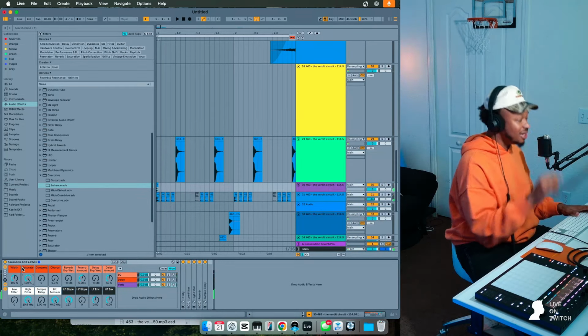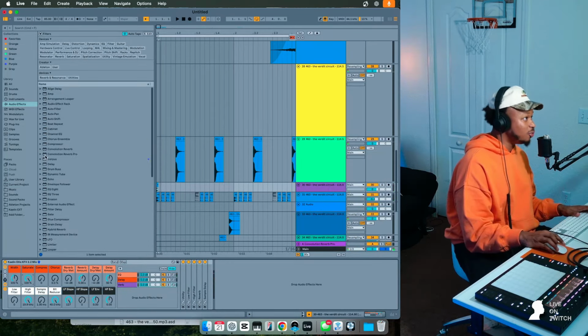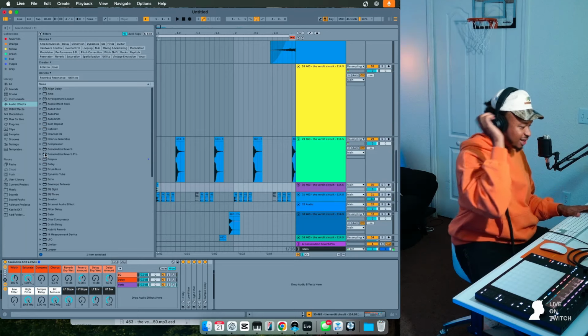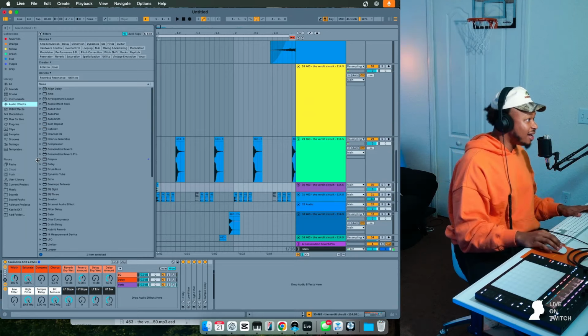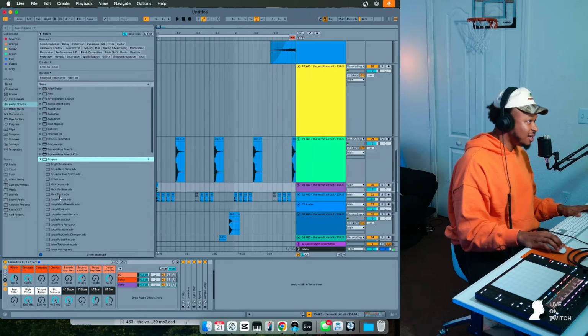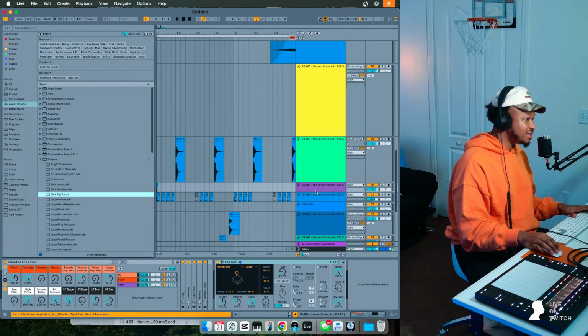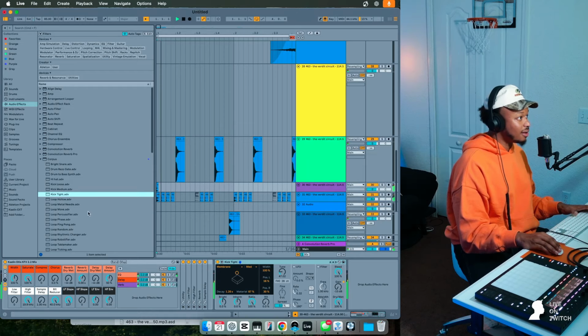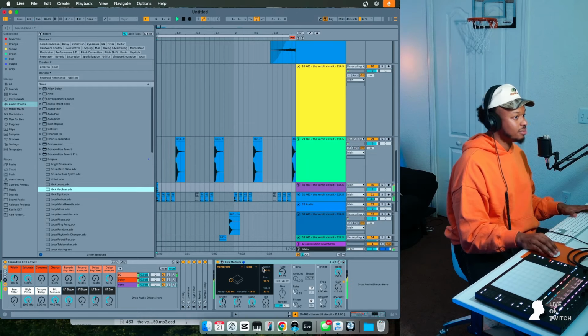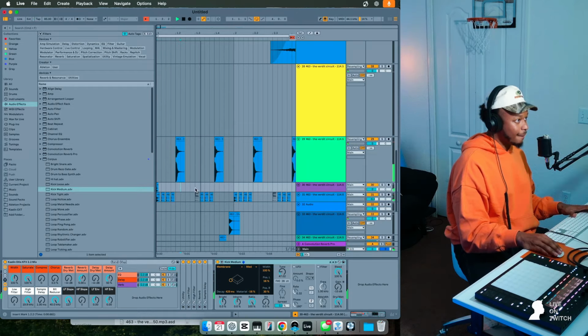If you're really adamant about using this, you can literally sit with one sound and turn it into things. That's why I love Ableton, because they have instruments that allow you to turn things into things. I kind of want kick medium. Yeah. Ooh.